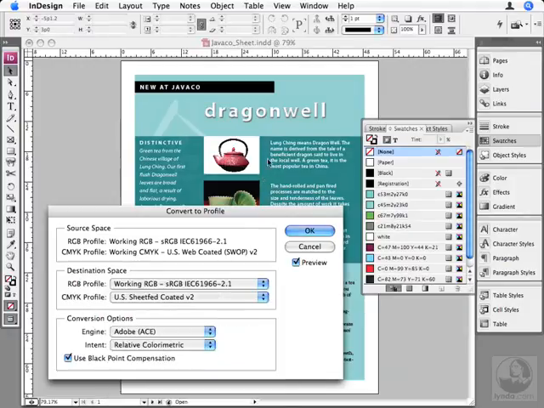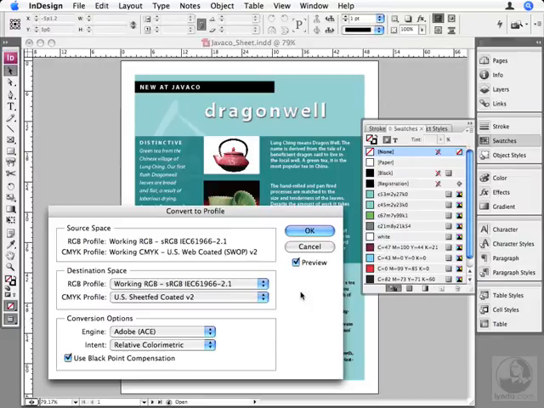You may see a few changes in here, but it's usually not as radical as with Assign Profile. It's trying to keep the colors as consistent as possible from one space to the next, and to do that, it's going to actually change your color values. Look over here in the swatches panel. What was 50% is now 43%. Look, before and after. The red, what was 100% magenta, 100% yellow, is now really different. And look at this one. Wow, that's radically different. This was just 100% black. But when we convert it, we get 4-color black. We actually get cyan, magenta, yellow, and just 60% black. So that is very different.